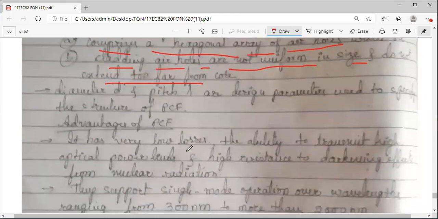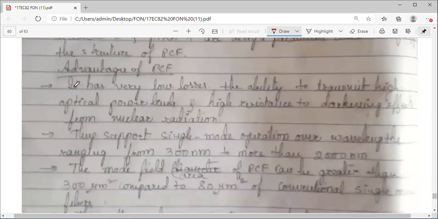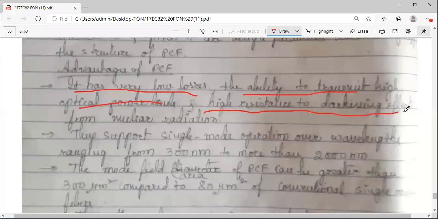Some of the advantages of PCF over your conventional optical fibers. First, it has very low losses. Okay, attenuation losses are low. The ability to transmit high optical power levels and high resistance to darkening effect. If you remember, I had explained in the introductory classes of optical fiber communication, what is a darkening effect?